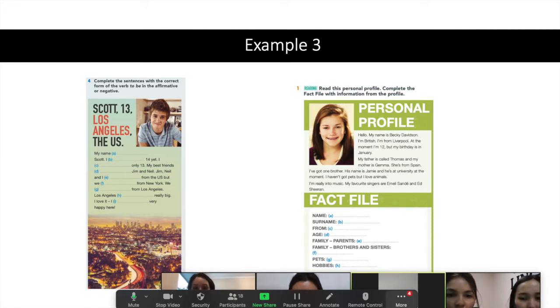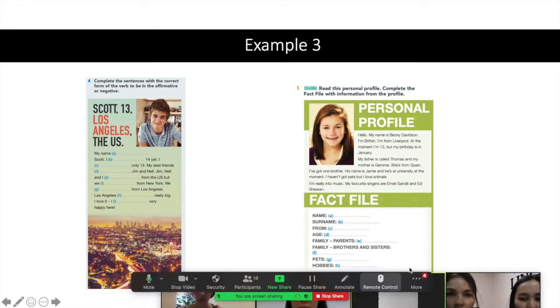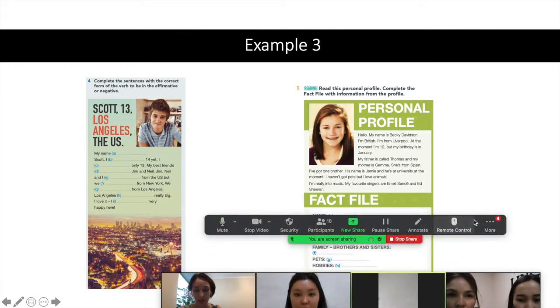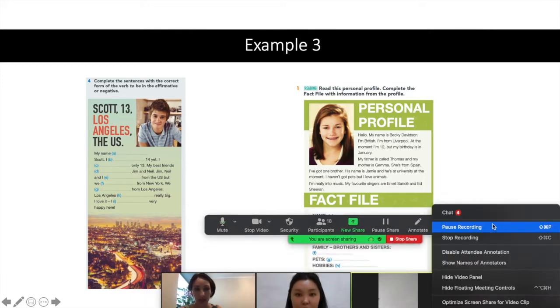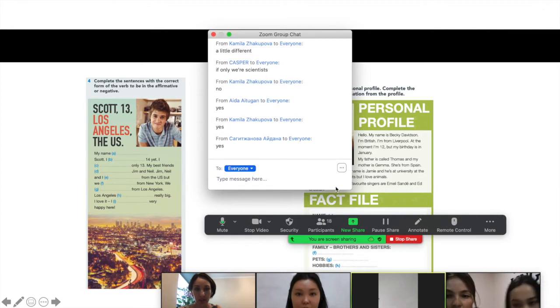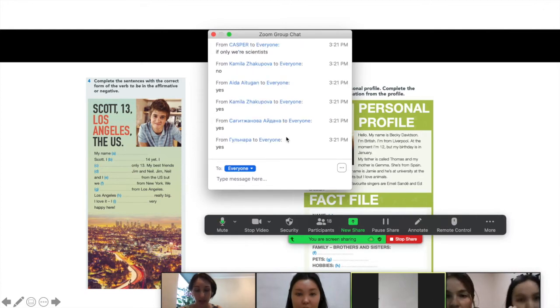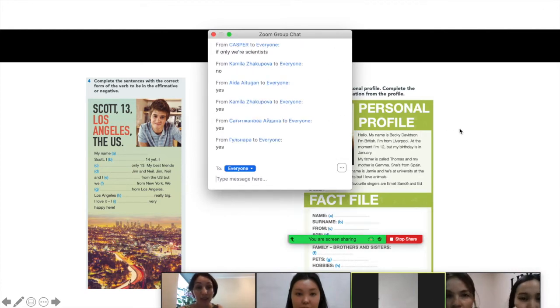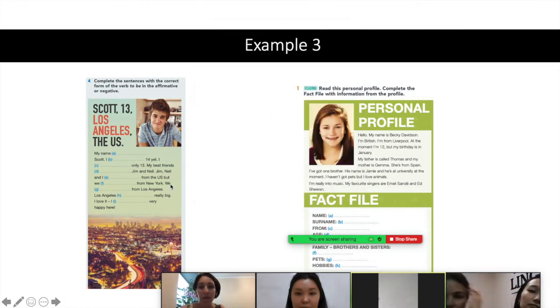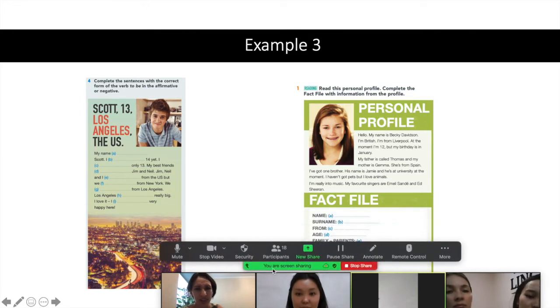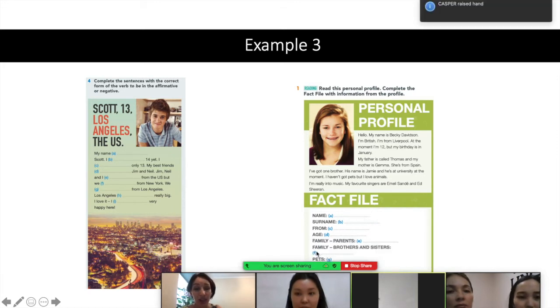Is that something that you would see in a typical course book? I see people responding in chat. Yes, thank you. Yes, that's what you would typically see in a course book. But in real life, when you're communicating with people, do you create such personal profiles on a piece of paper? Even in the page of a book? And again, the answer is no, because that's not how real life works.